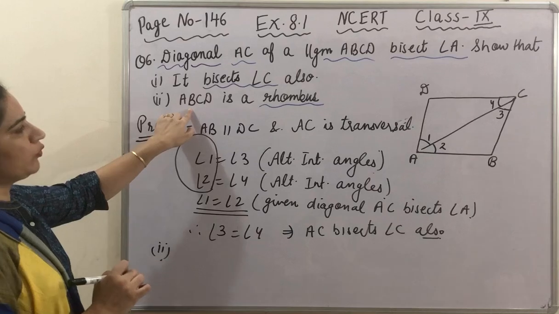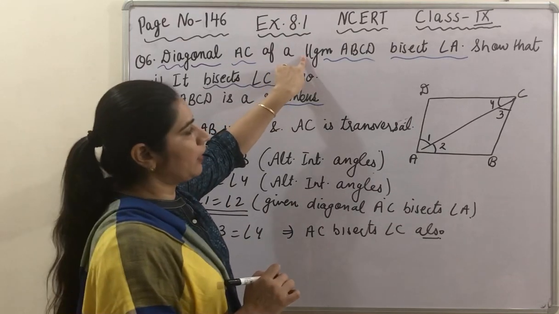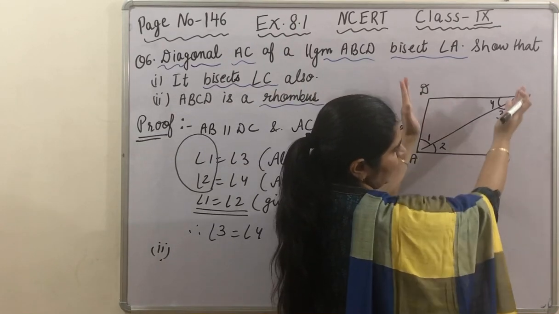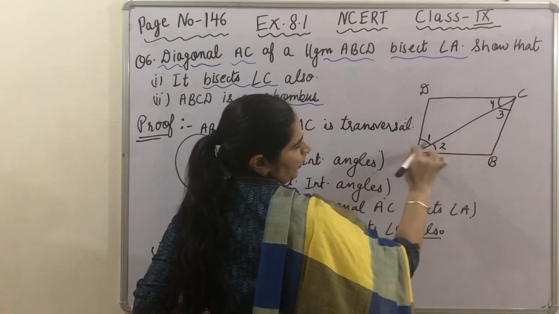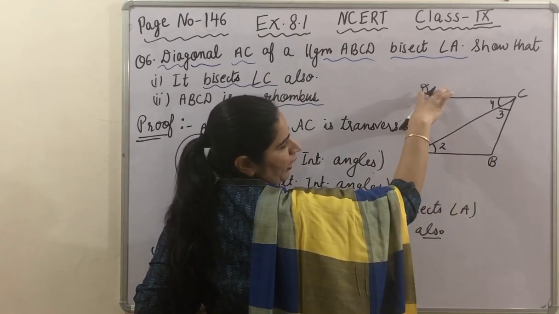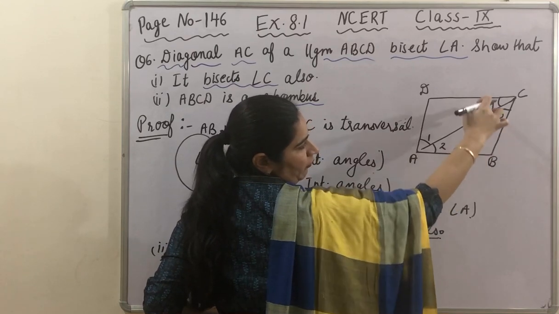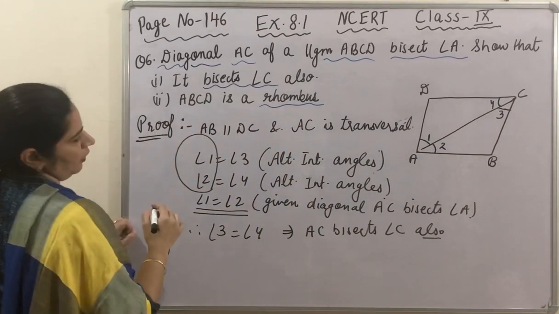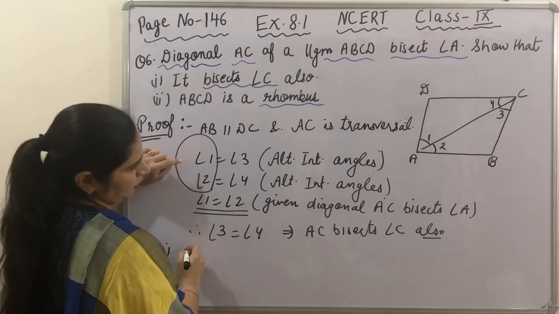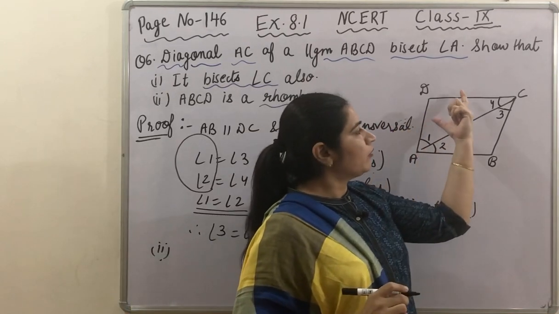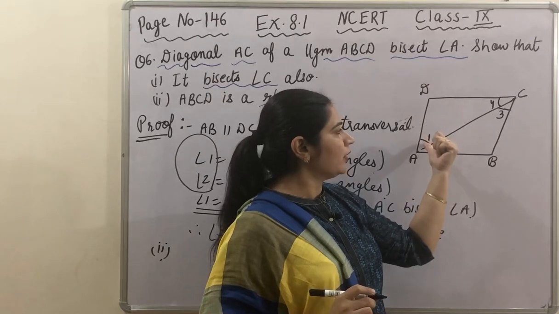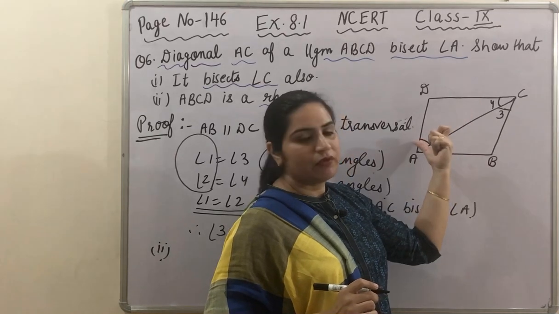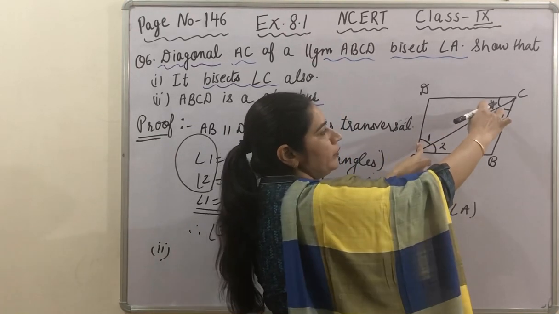In the second part we have to prove it is a rhombus. Given condition is a parallelogram and we have to prove it is a rhombus. In a parallelogram opposite sides are equal, and in a rhombus all four sides are equal. So our requirement is to prove any two adjacent sides are equal. When the adjacent sides of a parallelogram are equal, it will be a rhombus. How can we prove adjacent sides are equal? Recall the property of triangles: sides opposite to equal angles will be equal. So our target is to prove these two angles equal.